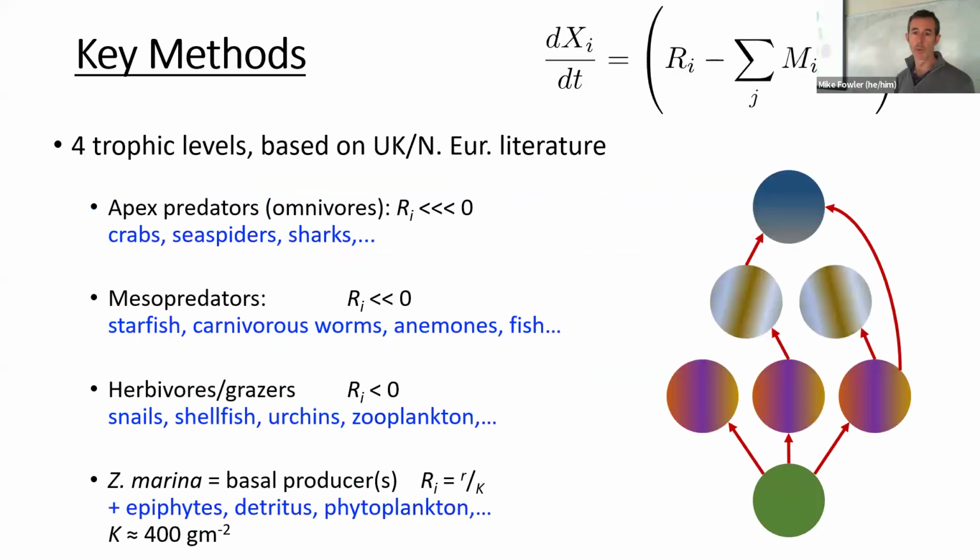So the simple mathematical methods that I've used are a kind of logistic growth, multi-species logistic growth. This is sometimes a kind of extended Lotka-Volterra type model that we refer to. In this case, we used four trophic levels, and we based the ideas of who was in each trophic level on